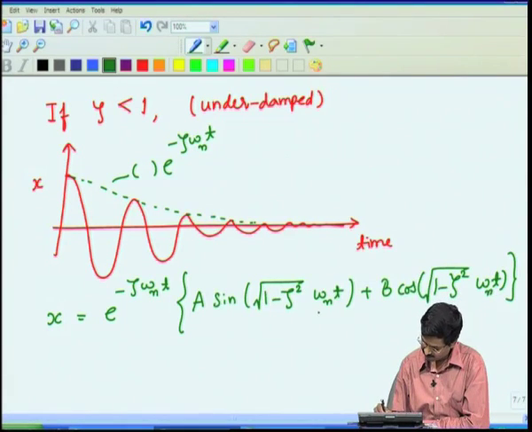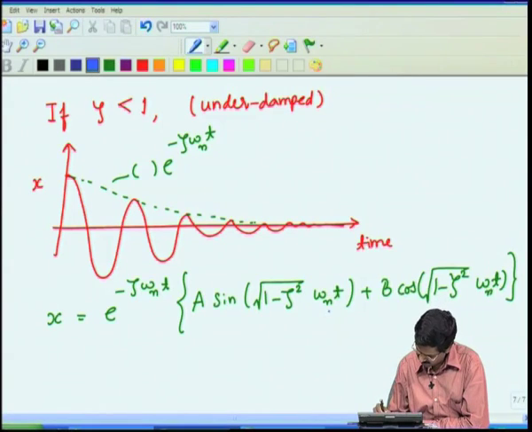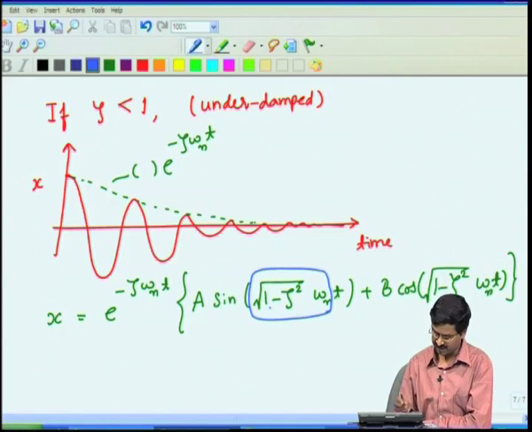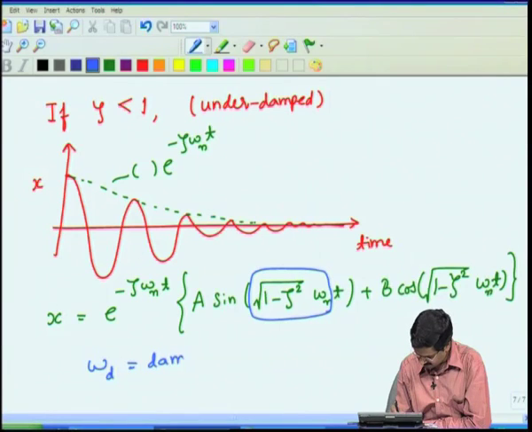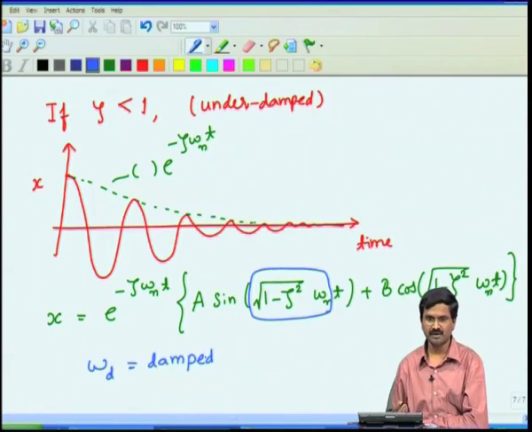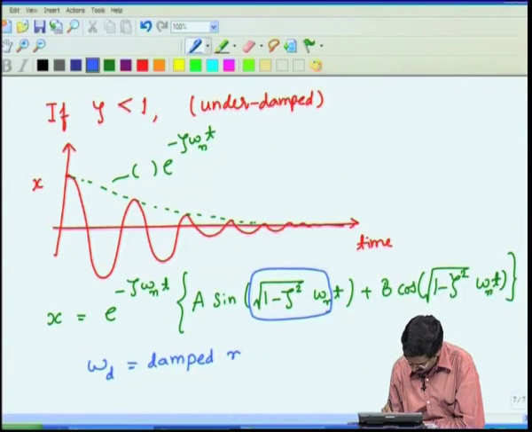Now, previously we had only omega n, but now we have omega n times the square root of 1 minus zeta square. This thing is called the damped natural frequency. We had defined the concept of natural frequency when there was no damper. Now, we have a damper, we call it damped natural frequency,